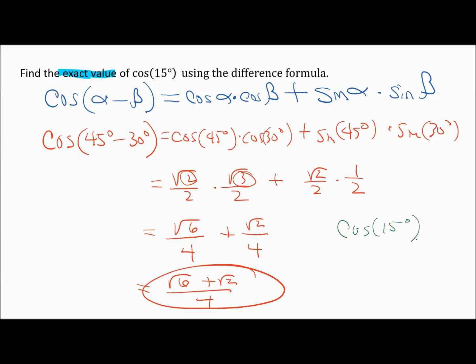Okay, so when I type that in my calculator, I have the cosine of 15 degrees, and I got 0.9659, and it continues on. I'm just going to take it out 4 decimal places. Then I could plug this in my trusty calculator. So I'm going to take the square root of 6. I'm going to add the square root of 2 to that, take that answer and divide it by 4, and I get